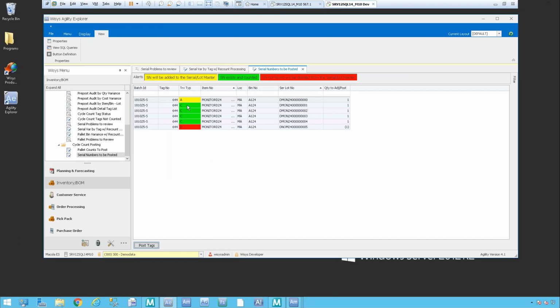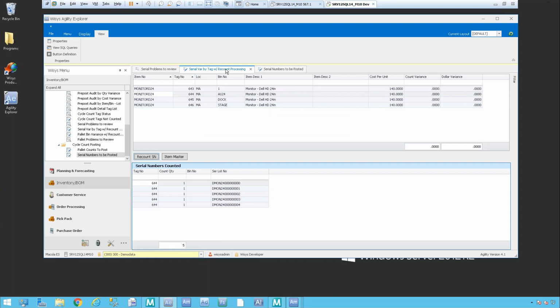It's going to add this one. These are all good. It's keeping them. And it's going to delete this and adjust my serial layer. So when I have all of that, I simply click Post Tags. And you would see that. I'm going to go to the item master here really quick for this